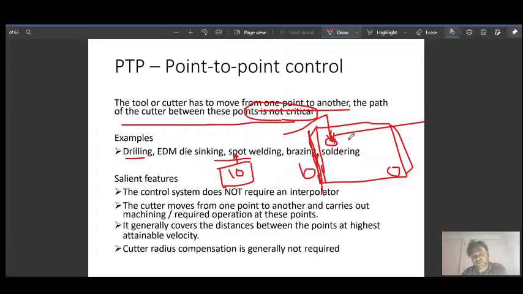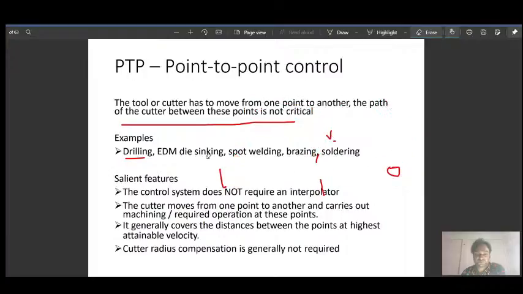So some distance you will retract it, and then after that the tool will move to the next directed location, whatever we have set in the programming. So it is called point move. Tool will move only on the respective points. So this is typically useful for drilling, electrode discharge machining, die sinking, spot welding, brazing, and soldering operations. These are particularly useful because you have to work only at the spots, at the points.